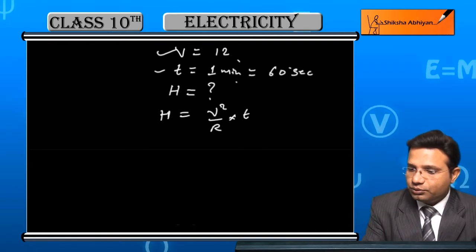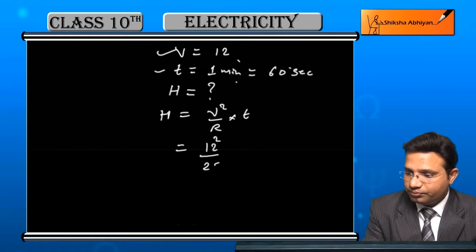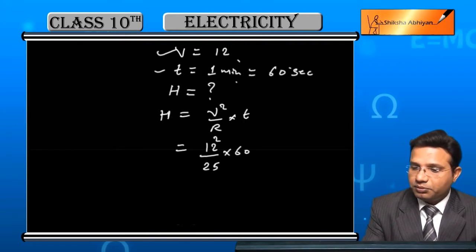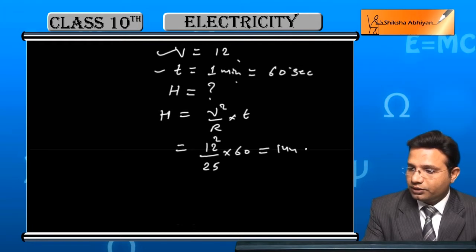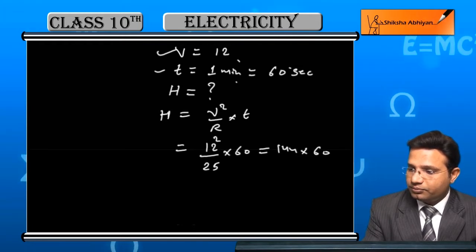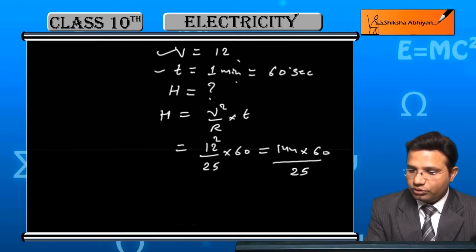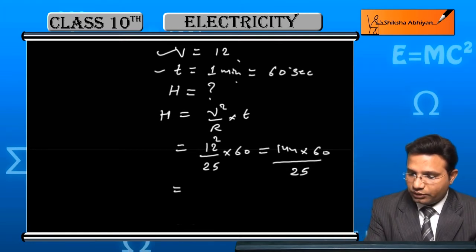So, we will put the values. V square means 12 square upon resistance 25 ohm into time 1 minute, which is equal to 60 seconds. We will simplify these terms. We will get 144 into 60 upon 25, which on simplifying we will get nearly value equal to